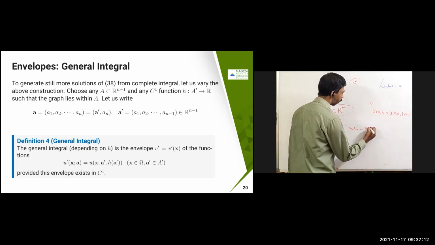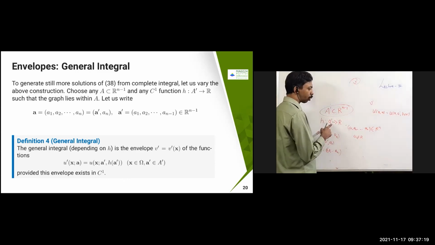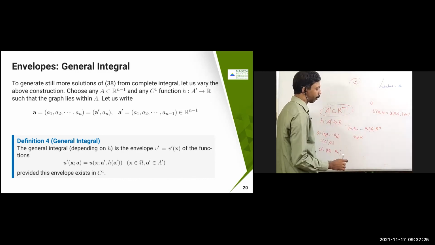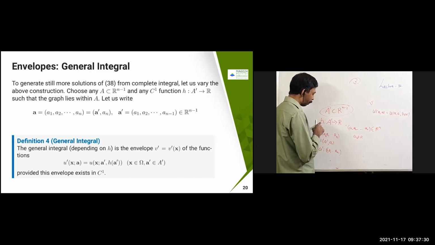are belong to R power n, right? So therefore an also belongs to R. Okay, so therefore what I'm going to have is that I'm just going to get some relations over here. So a1, a2, an, you are going to get it over here. That number I'm just going to represent as kach of a dash. So instead of an, there will be a relation, kach is a mapping from a1, a2.